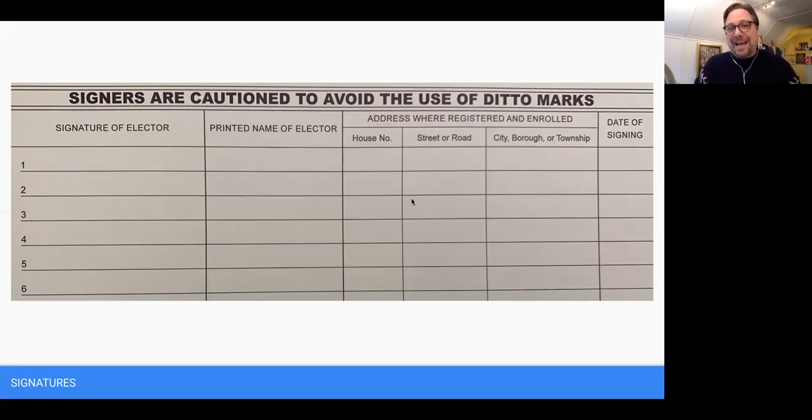You're going to want to ask that person to re-sign your petition. Just simply take your pen and scratch out the entire row where they have signed it, and ask them to sign the next line on your petition with the correct date.